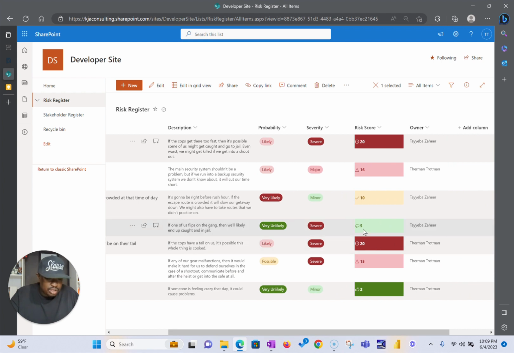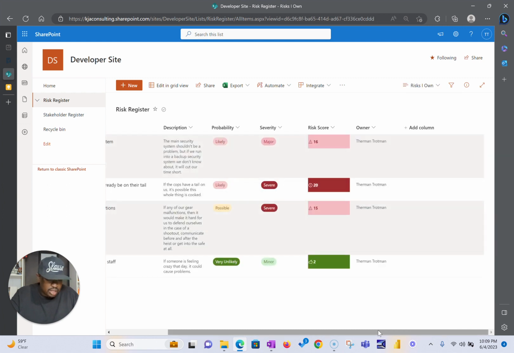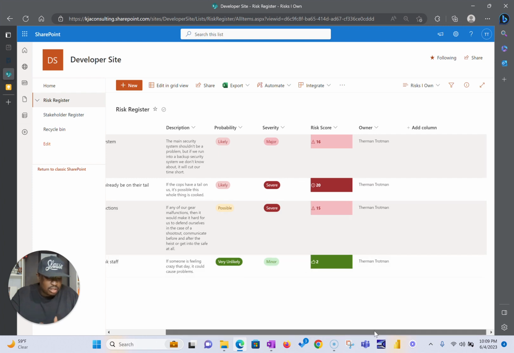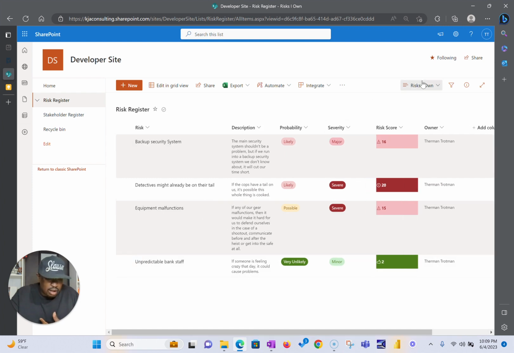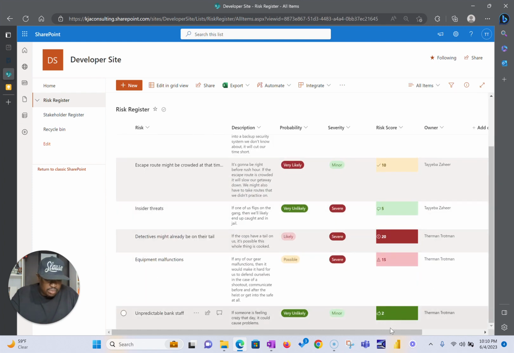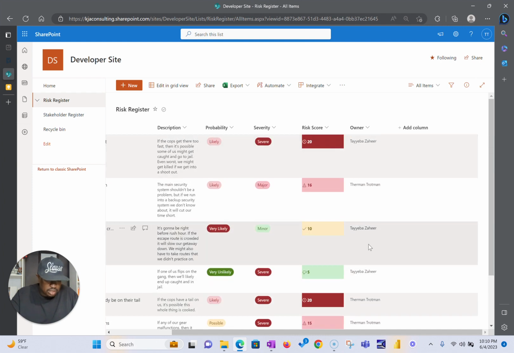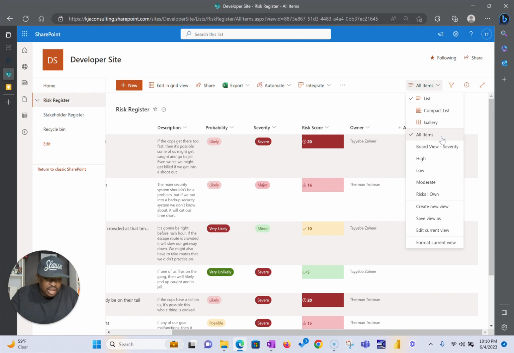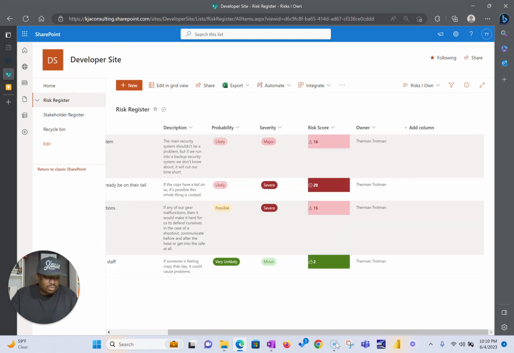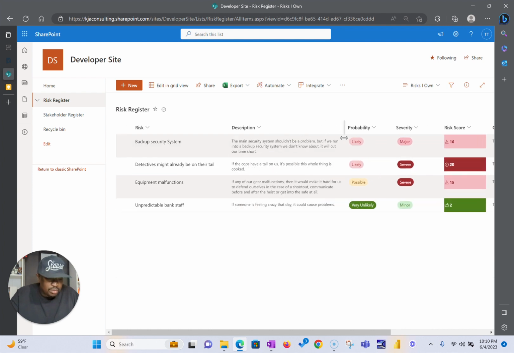I will show you how to manage views, right? So here, look, I created a view called risks I own. So what happens is that I only get 4 risks here because those belong to me. So here, look, I'll go back to that other view, all items, and I'll show you there's some risks here that belong to me, but then there's some that belong to my assistant. So there's those. But if I create a view, I can only see ones that I'm working with, and then when I change things on this view, it will change across